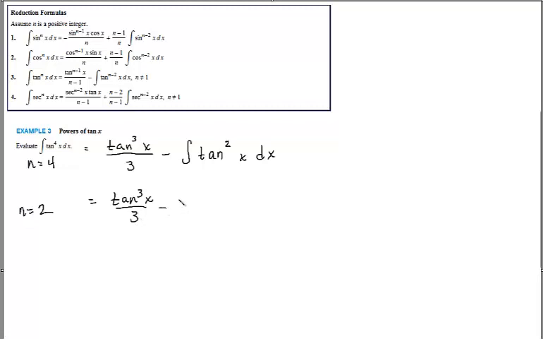So let me write down what I had originally here. And then I'll say minus tangent to the, and this tells me to do n minus 1, so it'll be the first, x over 2 minus 1, which is 1, minus the integral of tangent to the 0 x dx. This is just a 1, which then means that I get tangent cubed x over 3 minus tangent x, and then I would get,